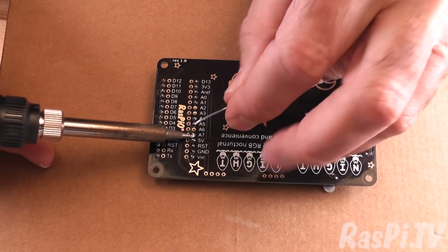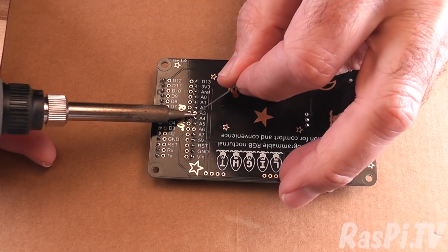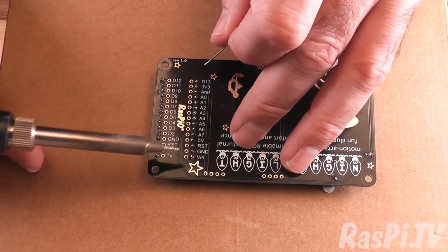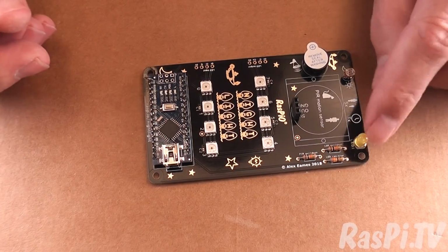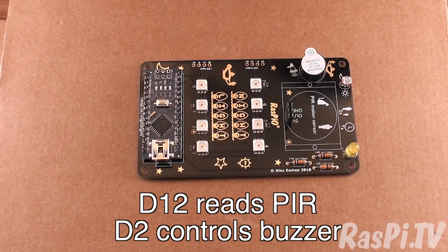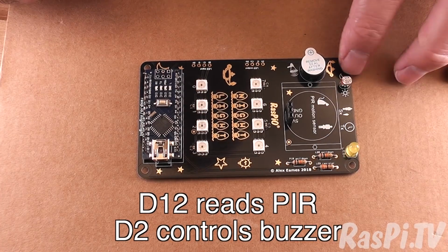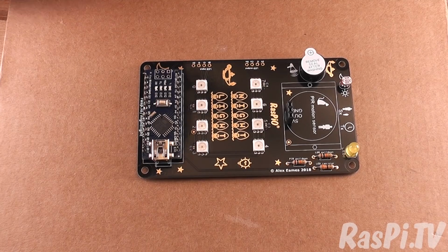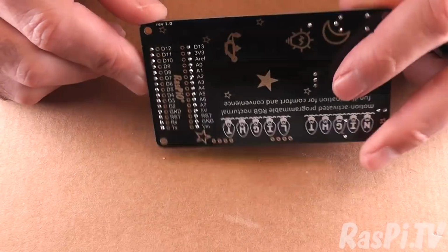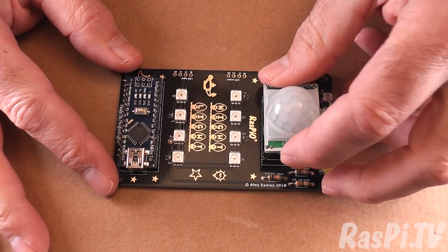I think we use D5 and D7 to drive the main SK9822 LEDs, the RGB ones, and pin 13 drives this LED, and another two pins, I've forgotten which ones they are off the top of my head. One reads the lights, one reads the motion sensor, and another one fires the buzzer if you want to. It's all programmable. Excellent, so we now have all of those connected. Fantastic. The last thing to do is to fit the motion sensor